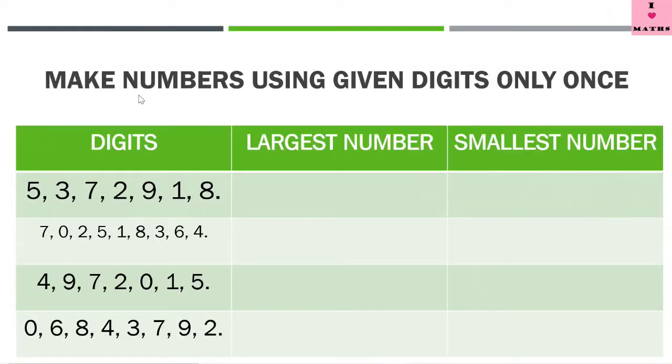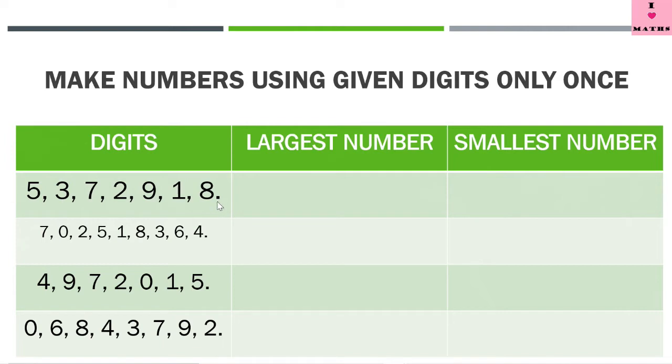Okay, children, in this slide we are going to make the largest number as well as the smallest number using the given set of digits. Now, children, we are going to use these digits only once, and we will make the largest as well as the smallest number. I'm sure you must have done this kind of thing in class 4 or 5 also. But now the numbers have become bigger. So let us start. For the largest number,